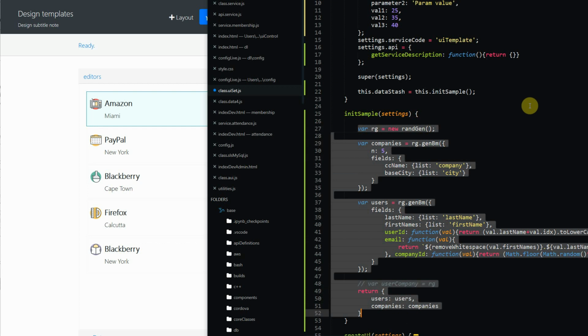And it's always a good practice to create a sample of the data. So instead of going straight into designing the database and loading that with sample data, you can actually generate data on the fly. So you can generate data using code rather than having to go all the way into a database. So you create init sample where you generate the data, and then once that data is available, the user interface person just needs to understand what data there is,